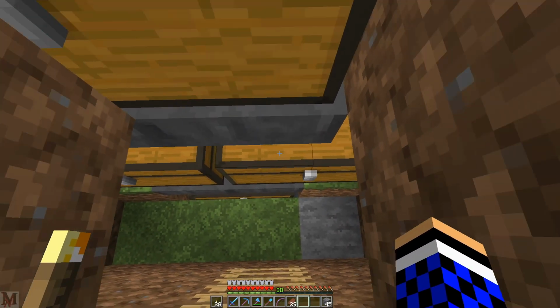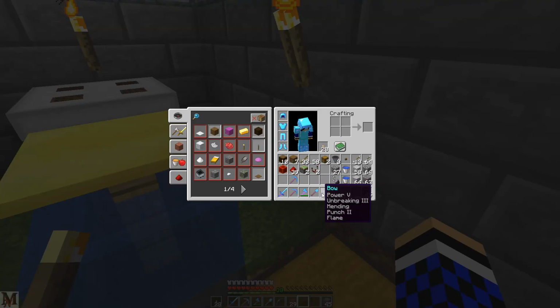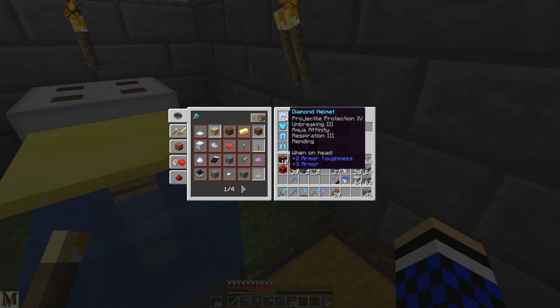We've got a perfect fishing rod for it. We've been able to make this bow, which is a perfect bow in my opinion. It's either a mending bow or an infinity. We've also done an infinity bow, but we've been able to do that. And also with a lot of this stuff that we found, we've been able to make the new 1.14.4